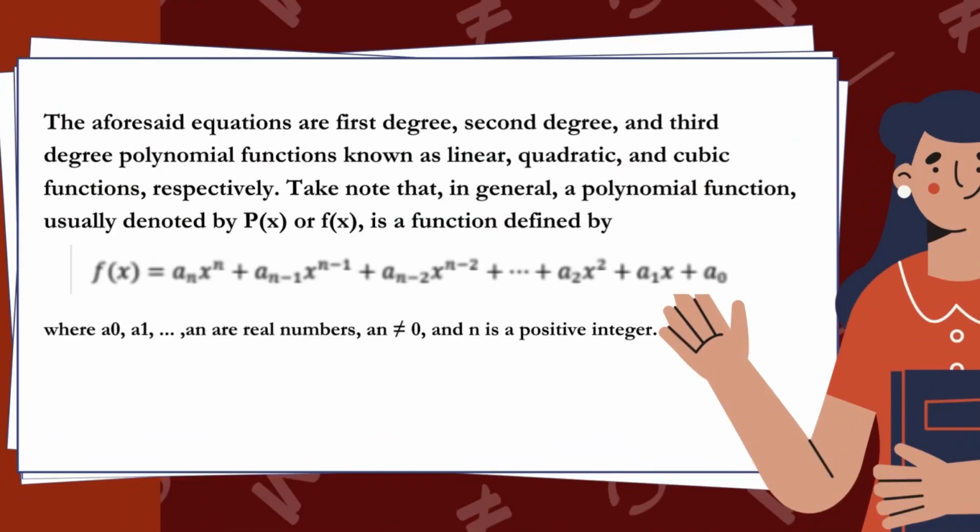The aforesaid equations are first degree, second degree, and third degree polynomial functions, known as linear, quadratic, and cubic functions, respectively. Take note that in general, a polynomial function, usually denoted by P(x) or f(x), is a function defined by